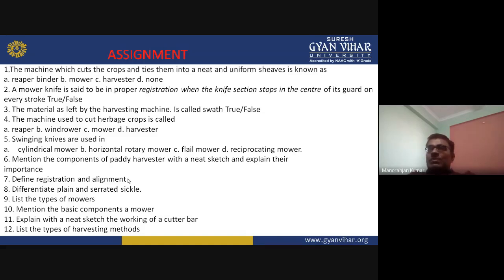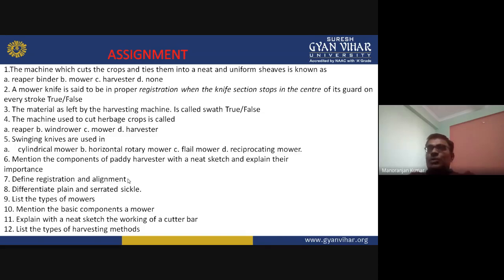The other questions are: mention the components of a paddy harvester with a neat sketch and explain their importance. Also define registration of mower and alignment of mower. Differentiate between the plain sickle and serrated sickle; we have seen this in the slide. List the types of mower; we have seen 5 to 6 types of mower, so you have to list out those types.